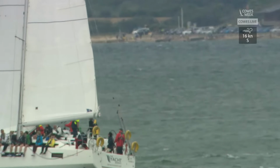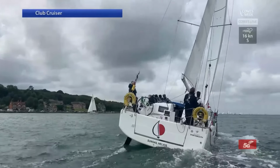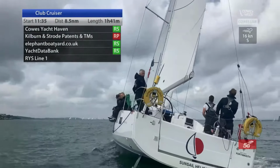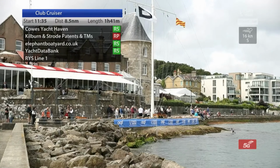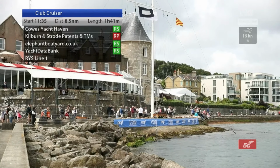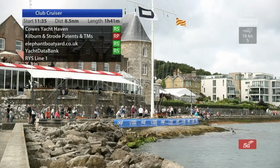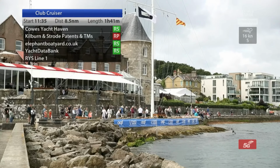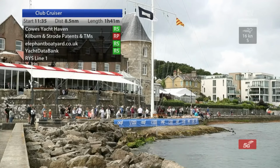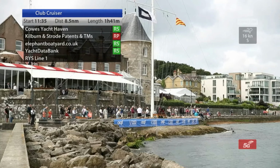Club cruisers starting in a minute and a half. Here's course confirmation for the final starters here on the squadron line. It's the Club cruisers, the White Fleet, Cowes Yacht Haven starboard, Kilburn and Strode Patent port, elephantboatyard.co.uk starboard, Yacht Databank starboard line, the squadron finish line for the Club cruisers, and the rest of Black Group